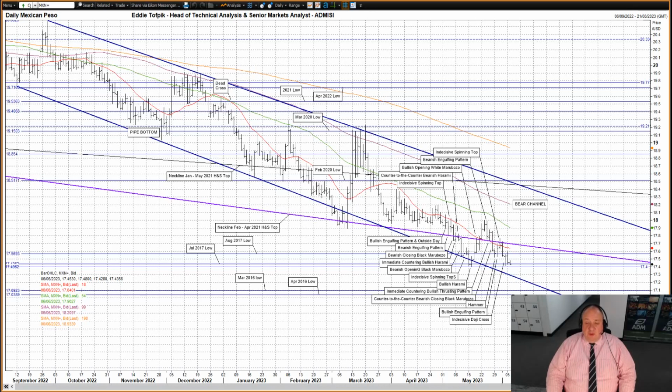Further up we have the declining short medium moving average, currently 1790.28, as well as the August 2017 low at 1756.93. Looking below we have immediate support from the July 2017 low at 1743.62, which is being tested as I speak, as well as the congestion of the March 2016 low at 1709.23 and the April 2016 low at 1703.89.